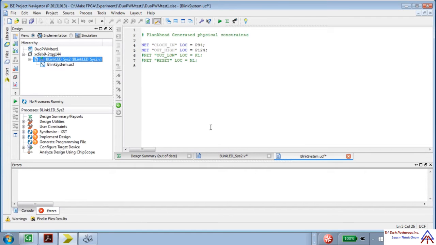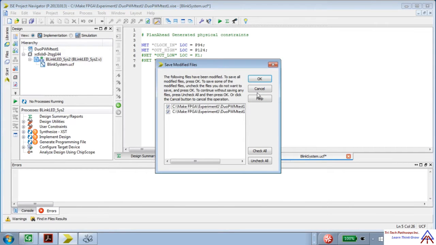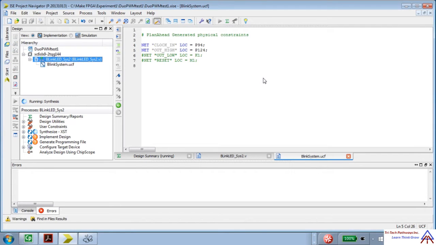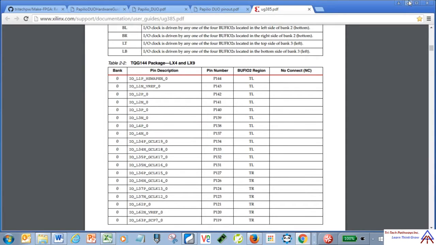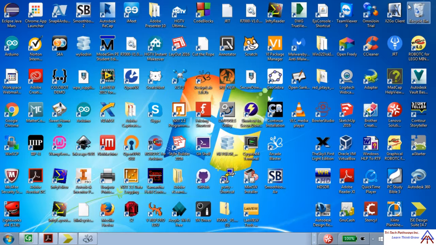Okay, so now we're ready to do a build. So we simply do a Implement. We changed a couple of files, so we want to save those before we get started, and we'll let that run. As that's running, we can go over to getting Design Lab open. So we'll close these windows down, and we'll open the